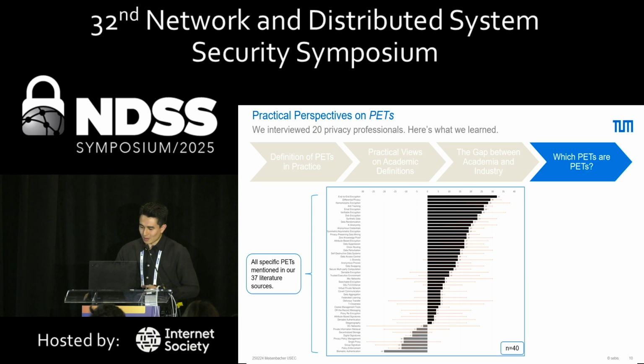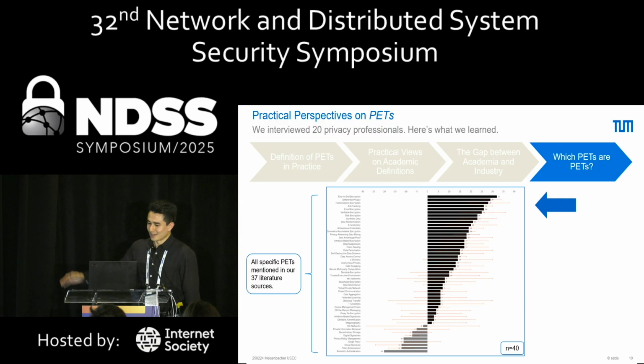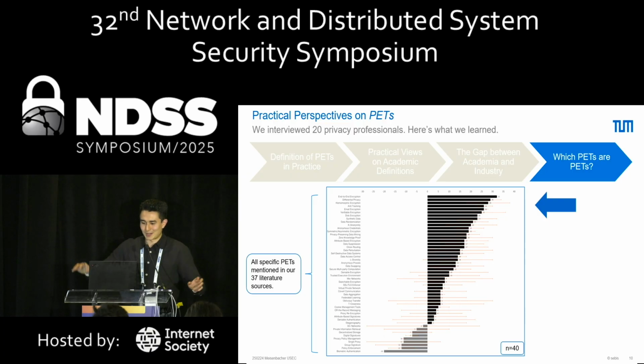And finally, this question of what PETs are PETs. From the literature sources, we extracted all the specific technologies named in these sources, and we asked 40 privacy professionals to rate 1 for yes, 0 for neutral, or -1 for no, whether they believe these are privacy-enhancing technologies or not. We see a couple of stories here. There are clear winners, technologies that are generally perceived to be privacy-enhancing technologies. You see anything with encryption, differential privacy, so these very pervasive privacy-enhancing technologies that might have been seen